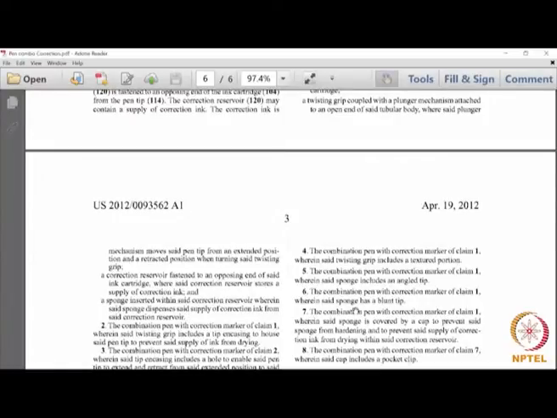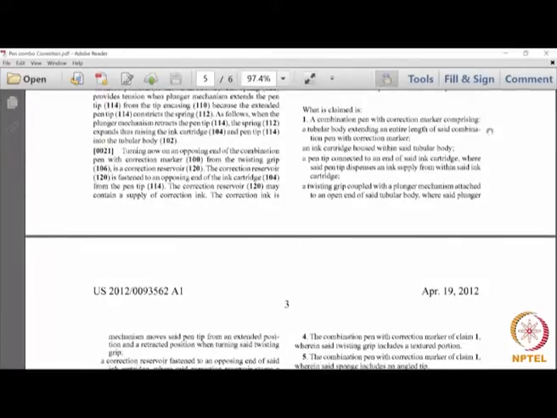So, by convention, no matter how complicated the invention is, claims are written in one sentence. It is a convention, it is followed all over the world. So, by convention, claims are written in one sentence. Sometimes if the invention has multiple parts, and if the parts interact with each other in a particular way, it takes time for people to understand that. So, that is why you will find that colon and semicolons are used to show that there are different clauses. Now, let us slowly try to read this.